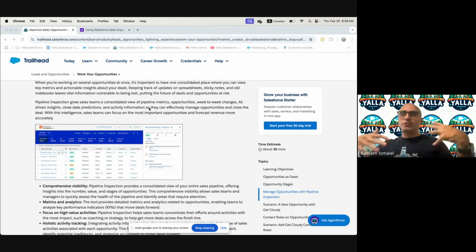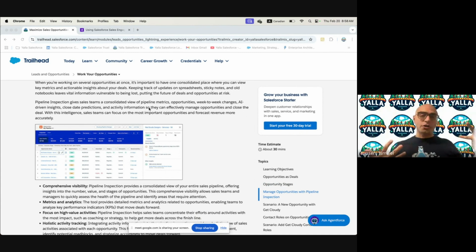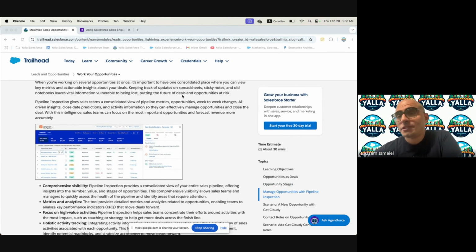So back in the days, before having a very solid CRM system which can track your sales, you used to use Excel sheets, sticky notes, and so on. But there is no central place to have all your data. You cannot have a weekly sales meeting with all the sales reps and this chart to forecast your sales, and see which accounts need more attention, which opportunities, and so on. So the more data you feed into the system, the more clarity, visibility, and 360 view for that specific customer. Keeping track of updates on spreadsheets, sticky notes, and old notebooks